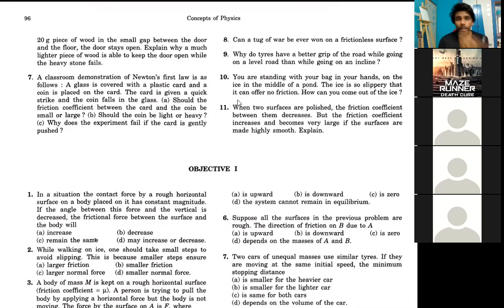When you're pulling it suddenly, you're immediately converting the static friction into kinetic friction, where the friction has a much lesser value. But when you're pulling it slowly, the static friction is there in every case, so the objects are slowly moving at every point. When you do it suddenly, you're not giving it enough time for the static friction. You're just converting it immediately into kinetic friction, so it slides off. Get that? The static friction won't be there for long. You're immediately sliding off the cloth beneath that glass, so it won't even take much time.